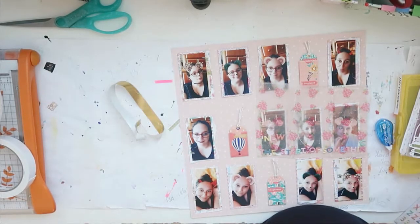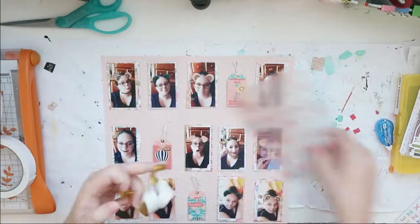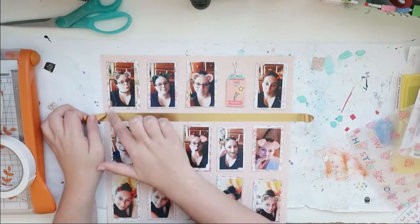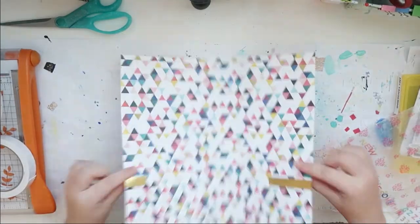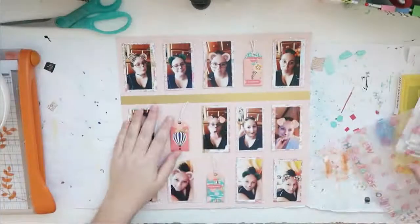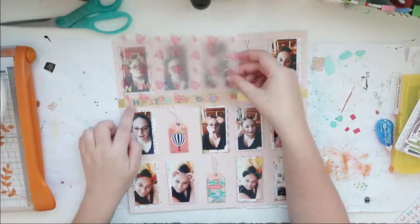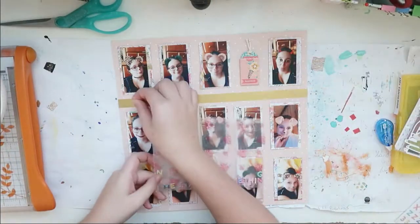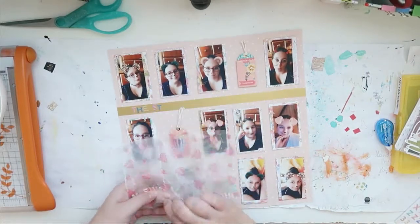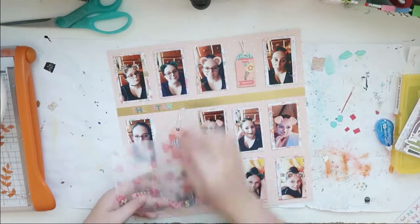So this is, oh my god, I think this might be from the, what is the collection called? Hip Hip Hooray, I think, by My Mind's Eye. No, that's not from that collection. That was a copper one. I don't know. This is a gold foiled washi, and I just put that on there. And now I'm gonna put on my tile, and I think I make you watch it. But I did do the other things off camera, so